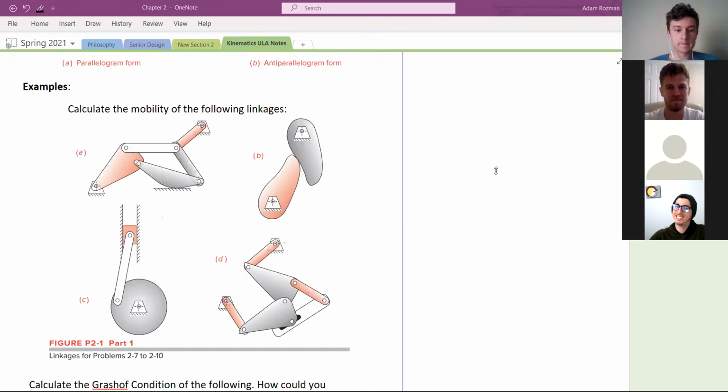We have a ground here and a ground here, so that's 1. Okay, I'll write my G. And then this would be 2, 3, 4, 5,